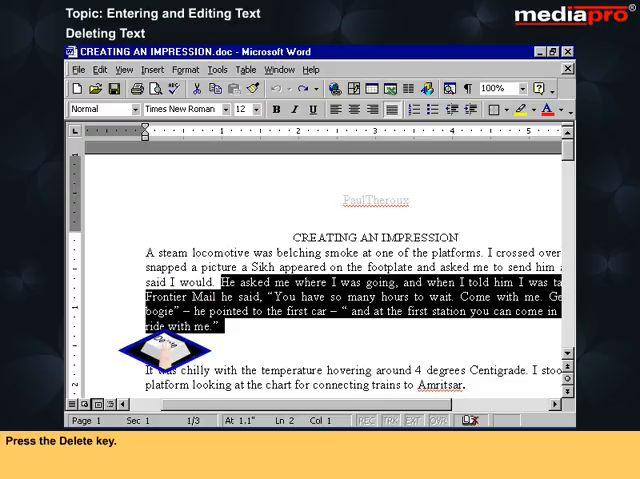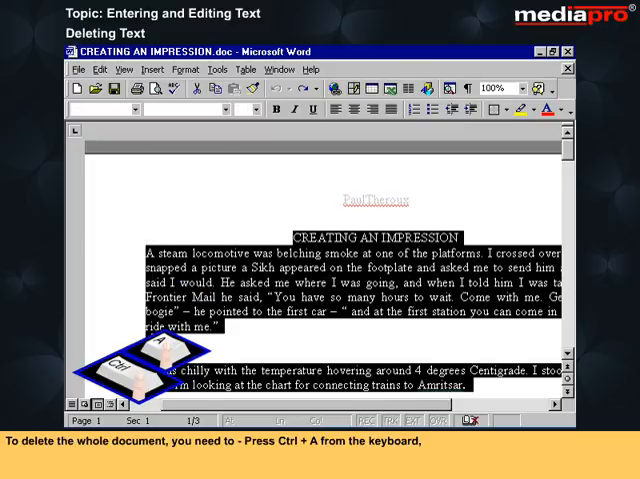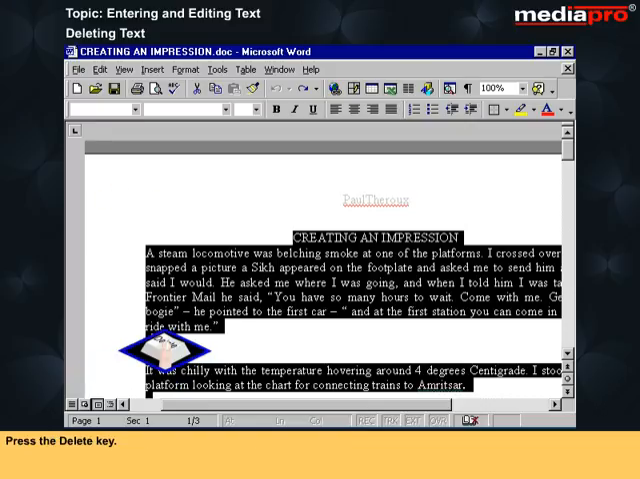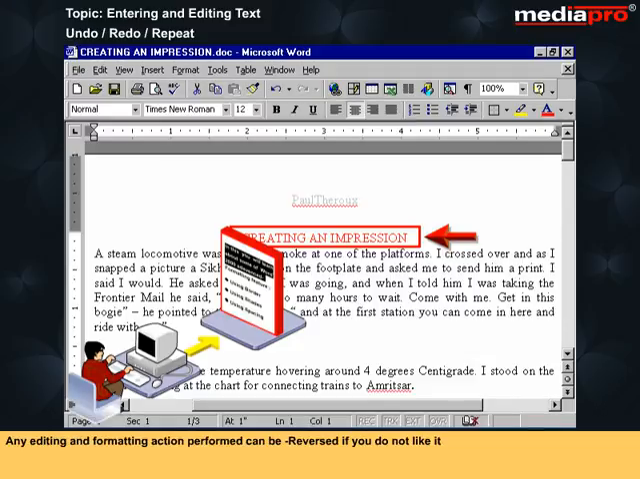Press the Delete key. To delete the whole document, you need to press Ctrl plus A from the keyboard, or hold the Control key down and click once in the selection bar. Press the Delete key. Any editing and formatting action performed can be reversed if you do not like it,